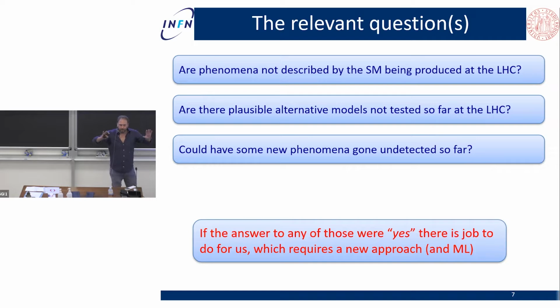so there's nothing at the LHC concerning new physics, we had better shut off the machine and exploit the physics program related to the Higgs boson by substituting the LHC with a cheaper e+ e- machine in the same tunnel, and doing Higgs physics in that way. Instead, if the answer is yes, if the community's degree of belief is keen on allowing a yes, then we had better change our way of doing things, apply machine learning, and move on with respect to the current way of doing things